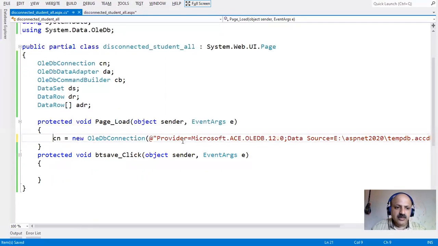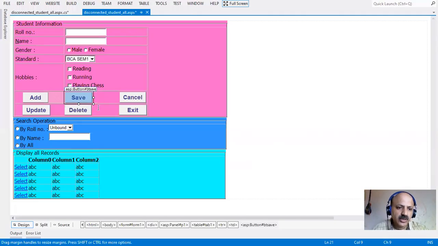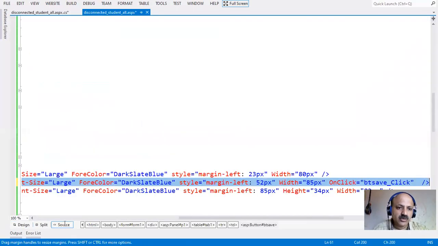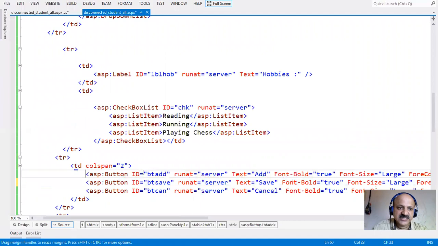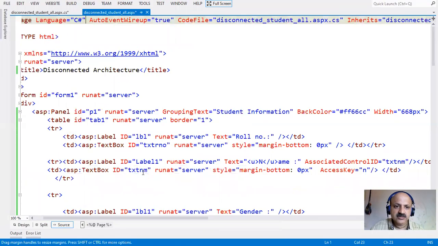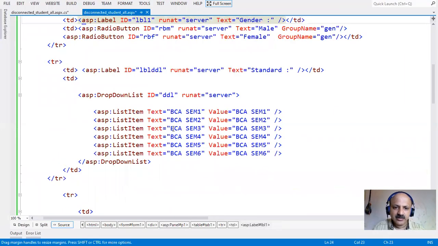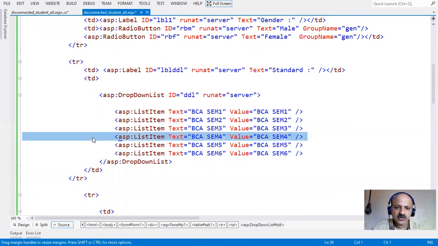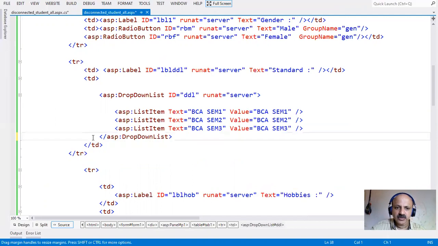Now one important method here, I show you, I just go to the drop down list box. Here we can provide 6 BCA semesters. So here I can take 3 as dynamic and 3 as static. There are 3 static, so I just remove these 3, and only 3 remain, 1 2 3.